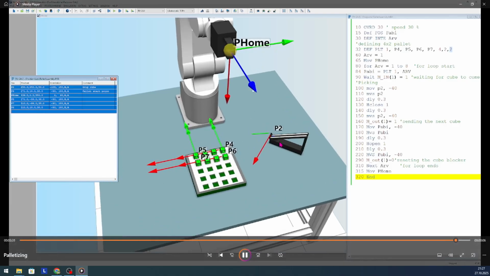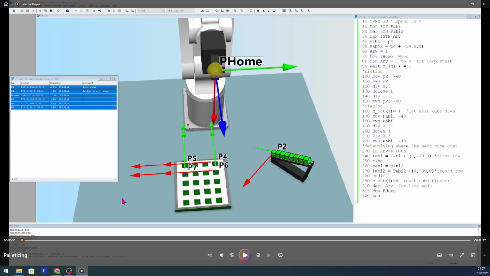You can see the positions again and compare it with the program, and you can analyze it, and you get what's